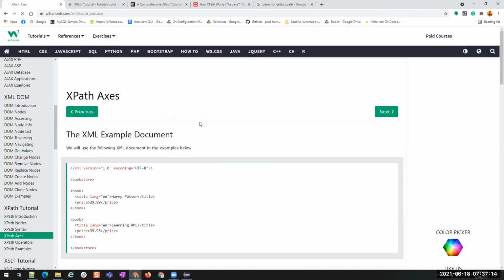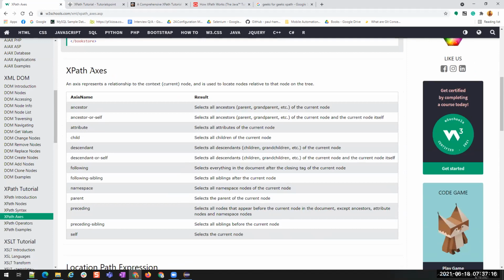Then axes. You see this: ancestor, ancestor or self, attribute, child, descendant, descendant or self, following sibling, namespace, parent, preceding sibling, self. So these are all the methods which are present inside XPath. We can use any of these things, but mostly we won't use descendants, and we won't use child, because if you want to go to a child, what is the simple thing?